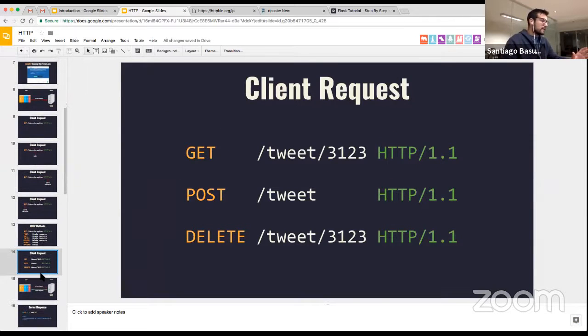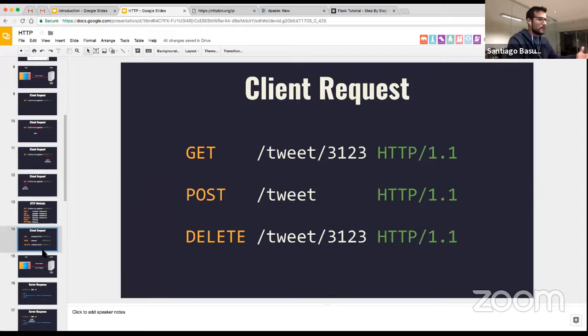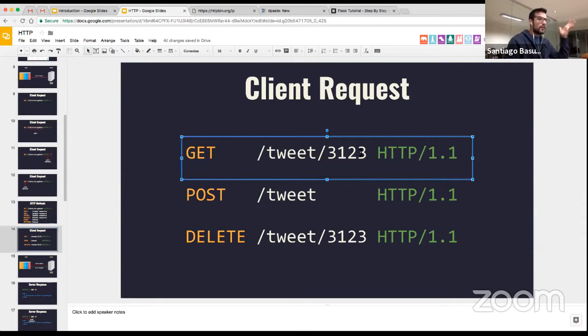Here we have a few examples for you guys to see. We are, for example, trying to read a particular tweet, we're trying to create a new tweet, or we're trying to delete a tweet. Here, the final intention that the client has will be perceived by summing all the information. For example, if you want to get a tweet, the path will tell you which tweet you want to get, and the